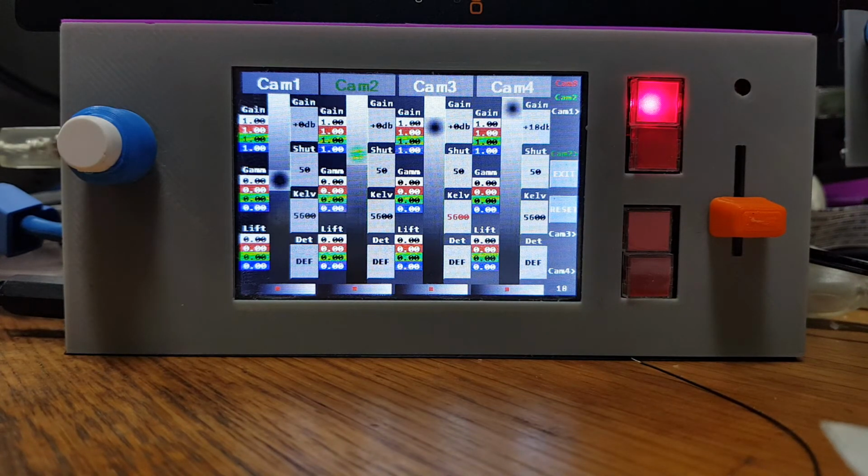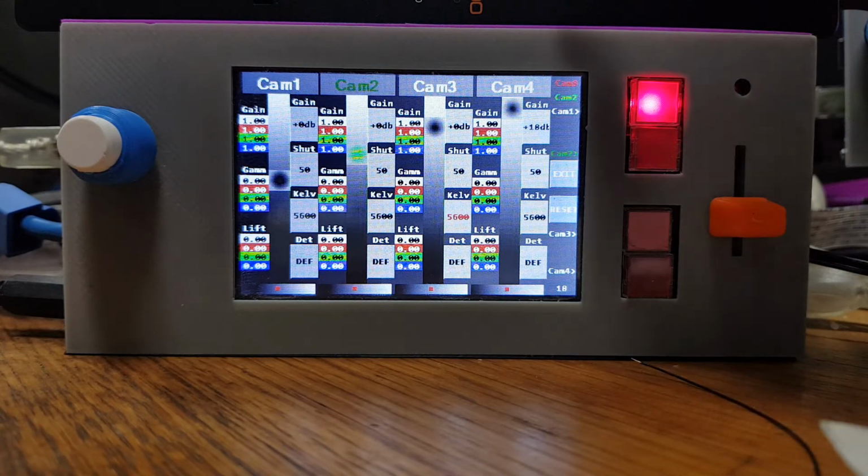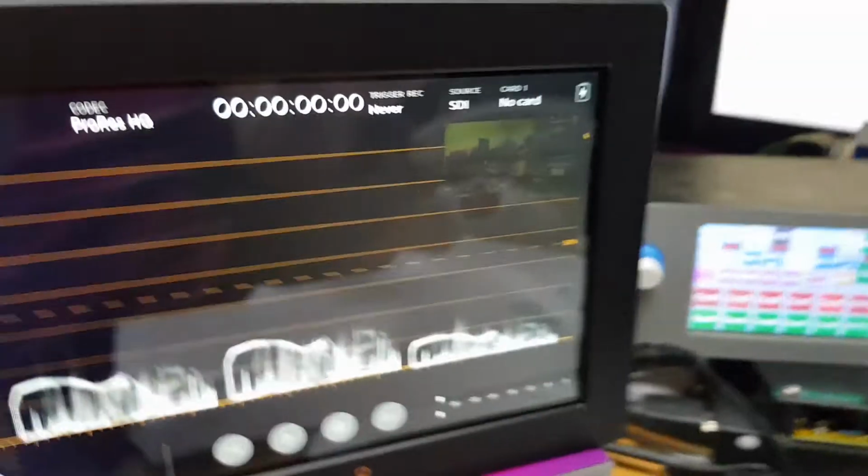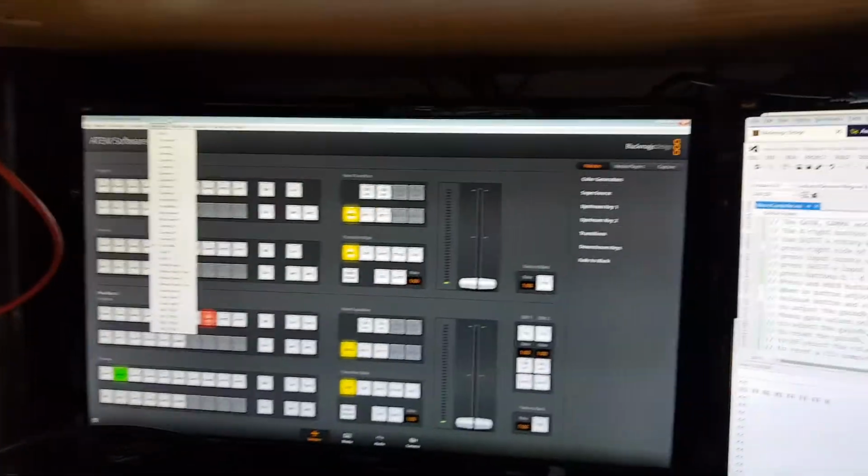That also includes the advanced options in your CCU control. I'll just call it up over here. There you'll see over here, if I just go over to